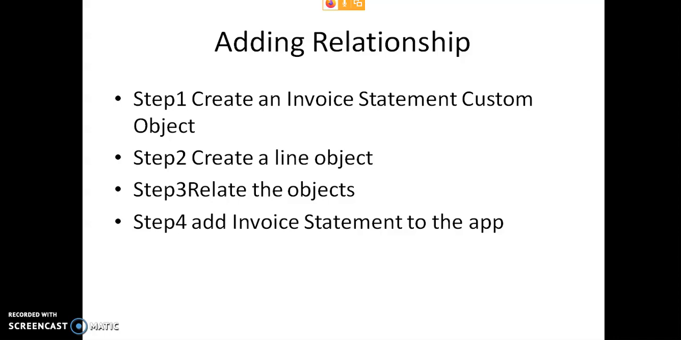Step one is creating, and in this we are going to create two new objects. One is the invoice statement custom object, another is the line item object. These two objects we associate with each other using a master-detail relationship. So that is how we relate the objects. Let us discuss how we are going to add the invoice statement object. So let us start